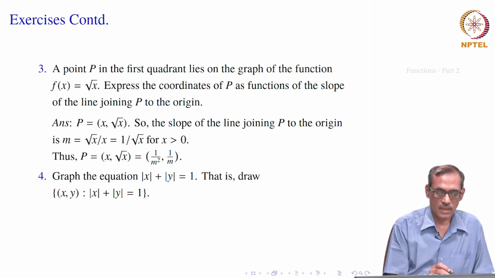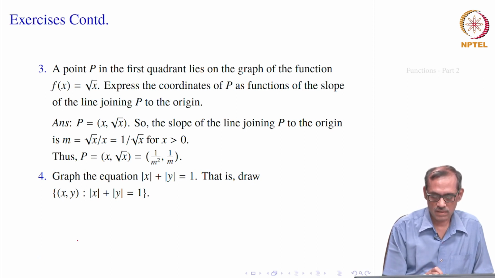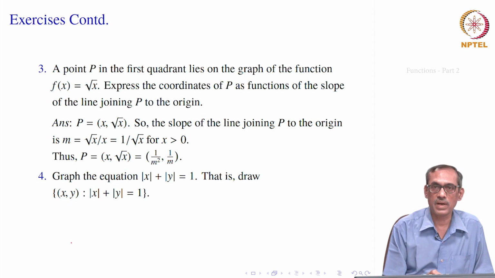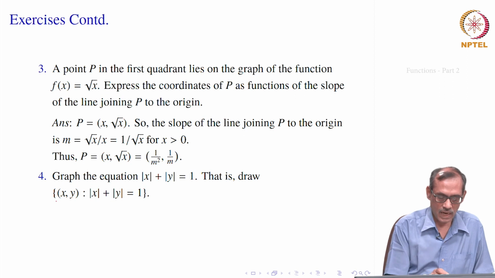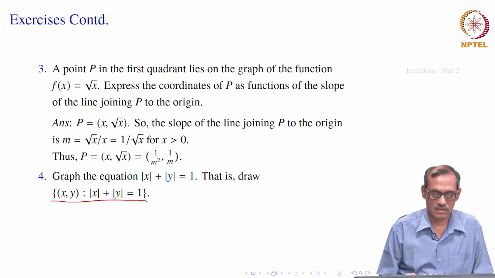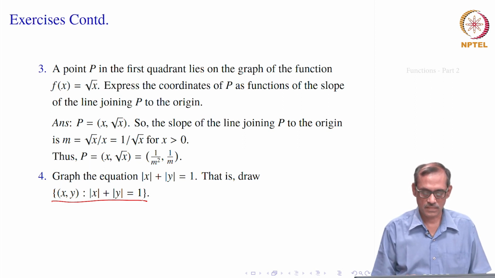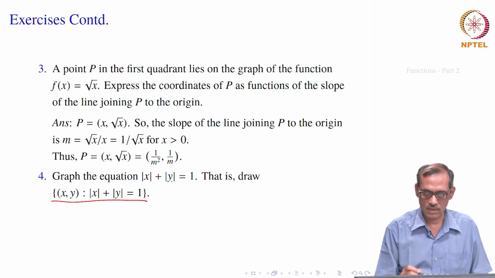Okay. So, let us look at the next problem. It asks to plot the graph of the function defined by mod x plus mod y equal to 1. It is really an equation. So, that means we want to find all those points satisfying this equation, mod x plus mod y equal to 1, and we have to plot this set of all (x, y) such that mod x plus mod y equals 1. At some places it will be y equal to a function of x, but in total it may not be a function, like your circle.